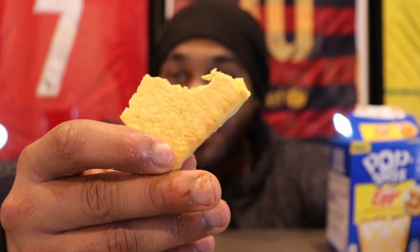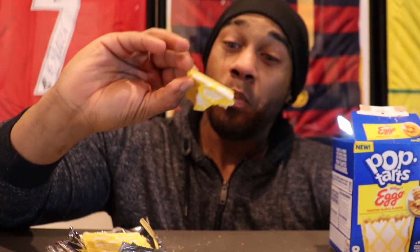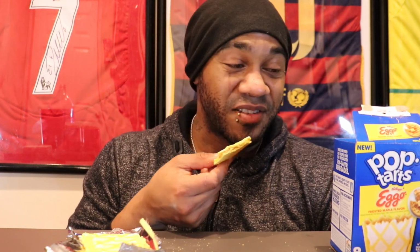Anyway, the syrup taste is definitely there. And I'm getting that Eggo taste. I think they must have done something when they made that yellow. And it almost has a toasted look to it too. These are a W. I really enjoy these. I think this is a great novelty Pop-Tart. And if you're a fan of Eggos and you don't want to sit at home and get syrup all over your stuff,